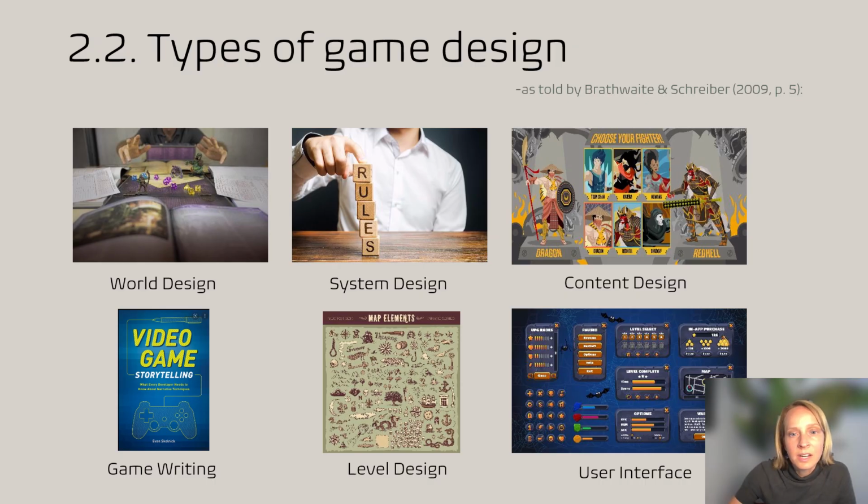So the next thing to talk about, as told by readings, is that there's at least 6 different types of design that go into making a game. There's world design, which involves creating this overall backstory where you get your setting and theme, this high level idea of what the game is. Systems design also, I would say, is a high level idea, and this is more technical, where you create the rules and maybe the mathematical patterns that underlie